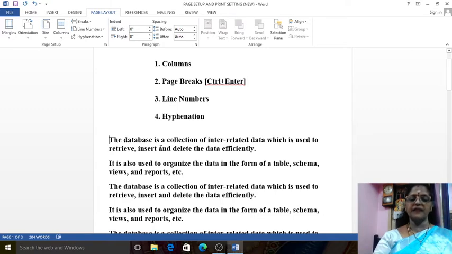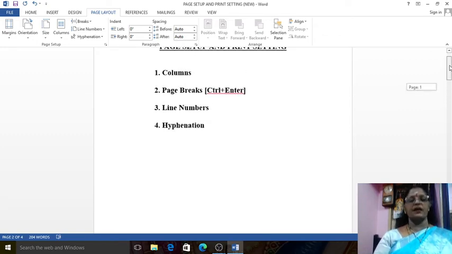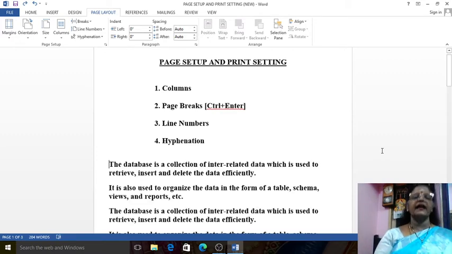If I press Ctrl plus Enter, observe what will happen. See, that starting text goes on to the new page. In that first page, only those 4 texts are available. So this is the page break. This is the first method. Now again I press Ctrl plus Z, it comes back.